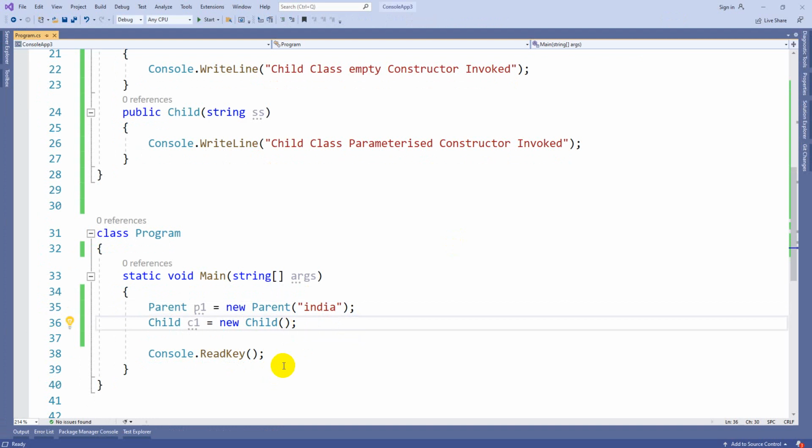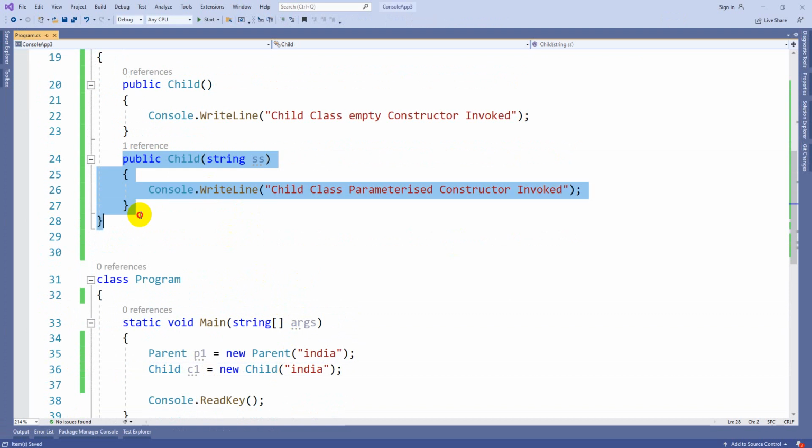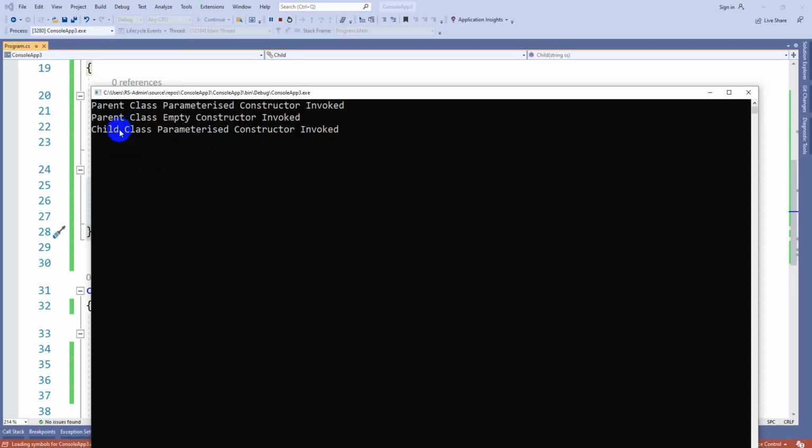From the child class, if I pass a value, here we are calling the parent class empty constructor along with the child class parameterized constructor.